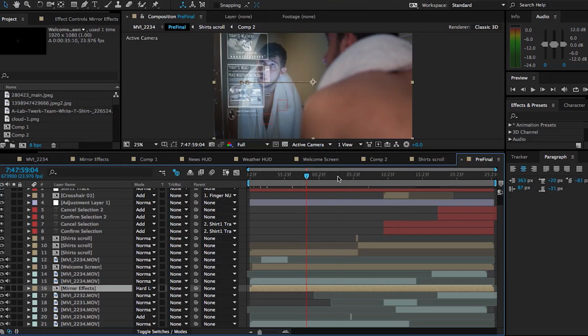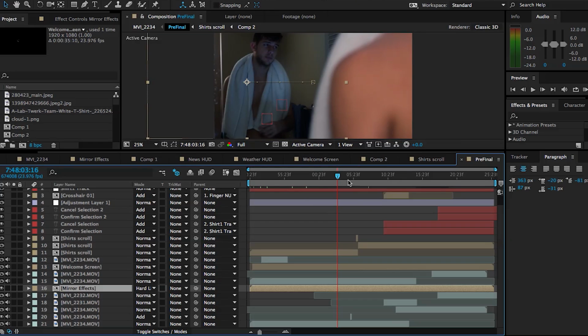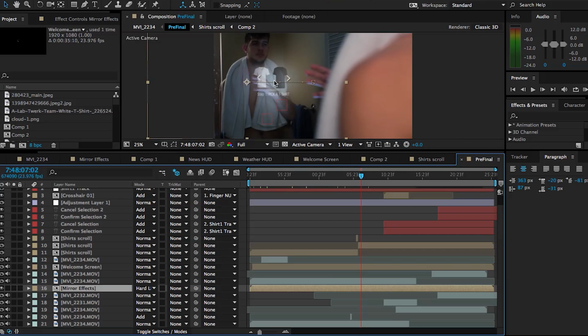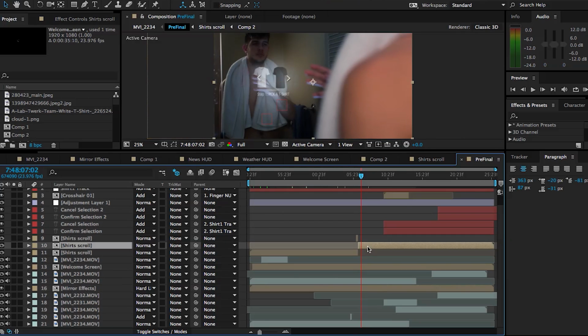So as you can see here, I've divided all of the effects up into their own little groups, and by groups, I just mean their own composition. So you can see the t-shirt scrolling effect: if I select the composition and switch it on and off, you can see that all those effects are grouped nicely in their own composition, as well as